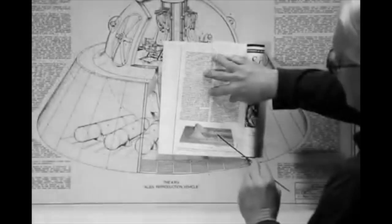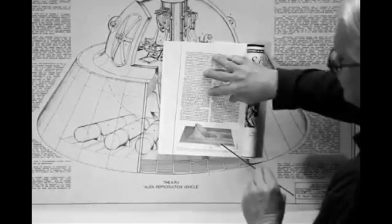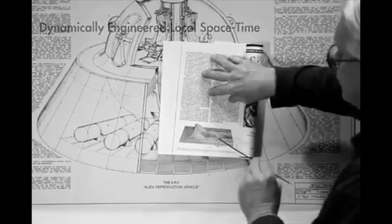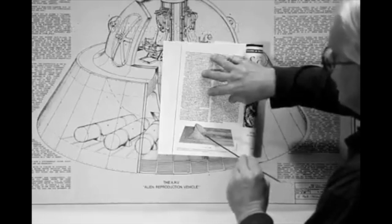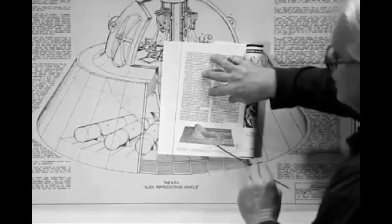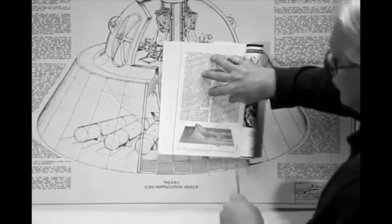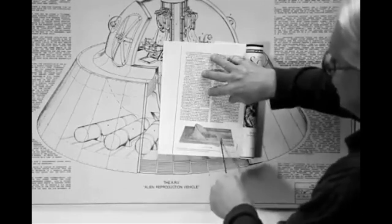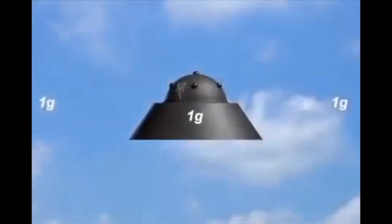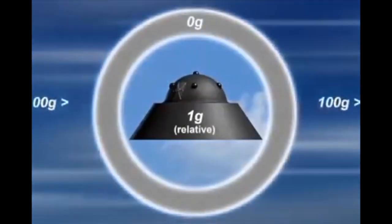So in essence what you have is a spherical event horizon around this particular region that might be called a dynamically engineered local space-time. This region is set up in such a way that it creates these influences in the surrounding metric, and also creates a vector that goes in this direction. It's almost like having a black hole ahead of you and an expansion of space-time behind you. But the actual environmental conditions that you experience inside the spacecraft are pretty much pegged to the